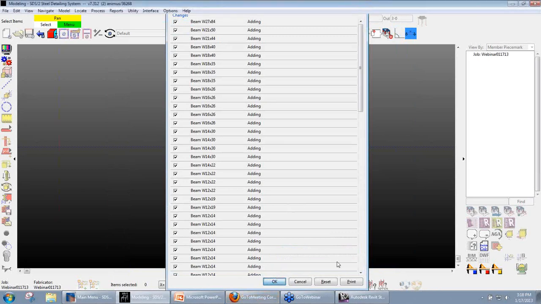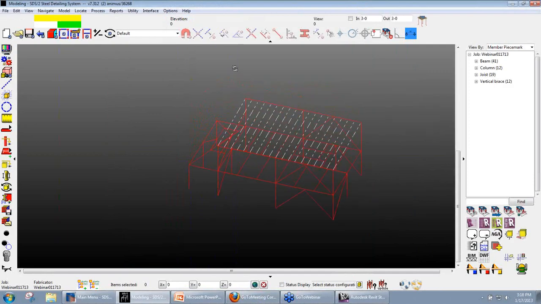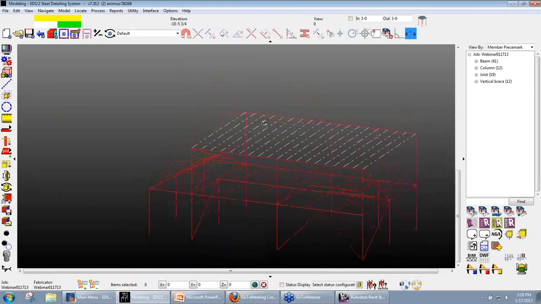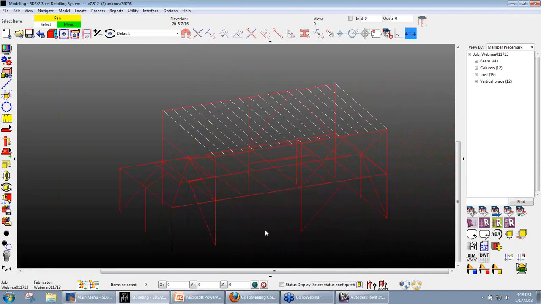Okay, so I'll say OK here, and then we notice we get the same model here just in stick form right now as we had in the Revit model. Now, we are just simply importing member information and connection information. The easy way to think about it, if you're thinking, well, what connection information is transferred,